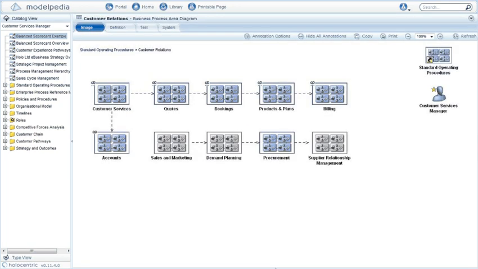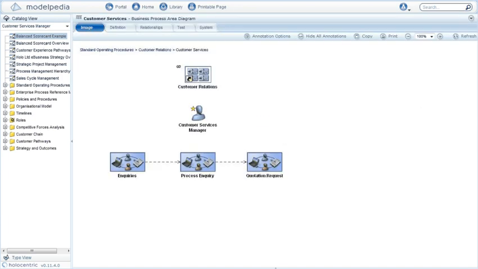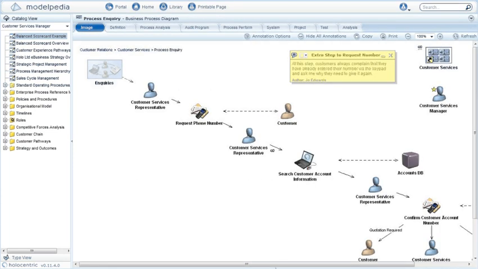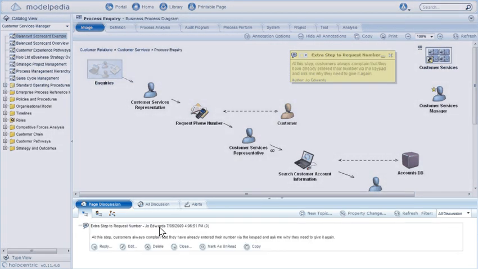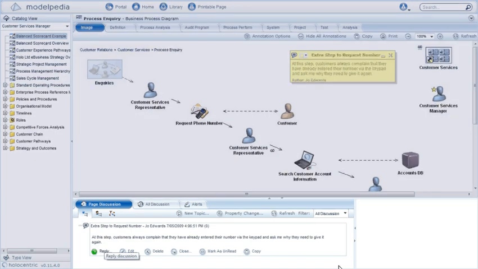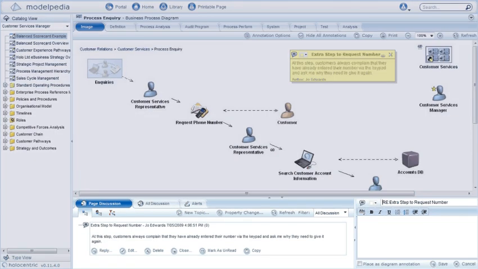She can navigate directly to the process in question from the metric customer satisfaction, which is related to this process. Notice that she also has access to more content in the navigation pane. The first thing she wants to do is verify the details of the process in question, so she navigates to the process inquiries process. Noting that customers do indeed enter their phone number and then they're asked for it again,